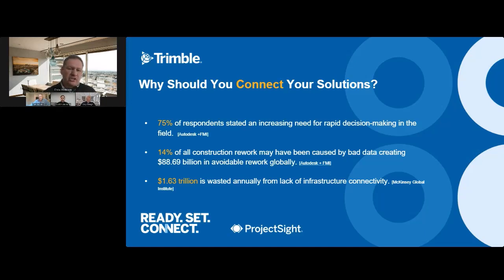I've got a big GC that spent a lot of time cleaning up their project management data in order to build some models to better predict project management outcomes, risks, and issues. And then they can use that to predict where projects might be going off the rails and get ahead of it, and say, hey, do you need change orders, et cetera. So the quality of data that you can get by connecting your solutions can pay dividends, especially when you get further down the line and you get high quality data. So really important from a why perspective.